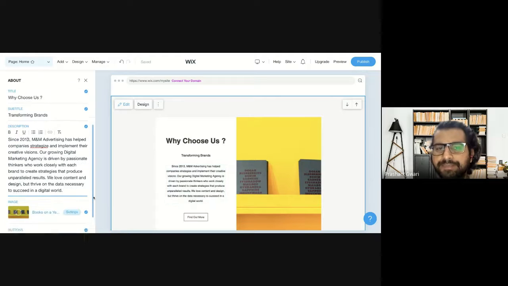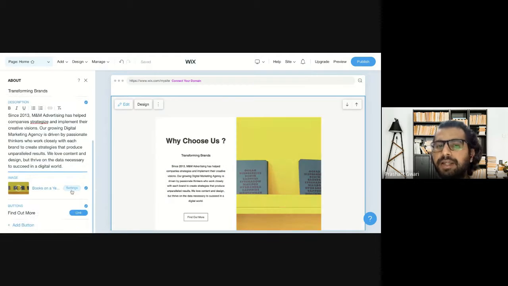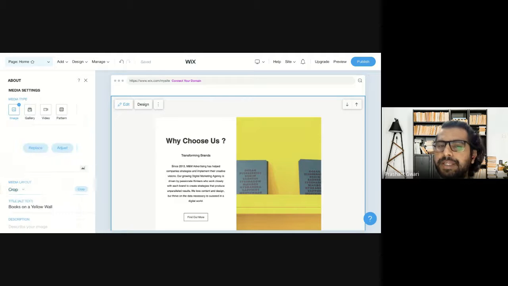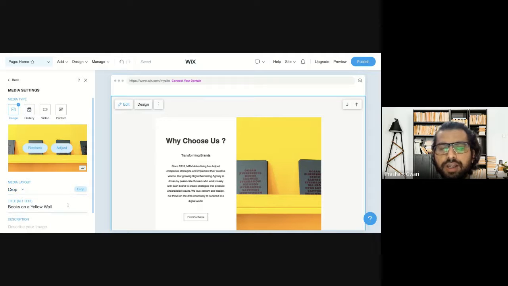Then the same thing in the setting part, you can change the image, or you can use a video, or you can put an alternative text here like M and M advertising agency.